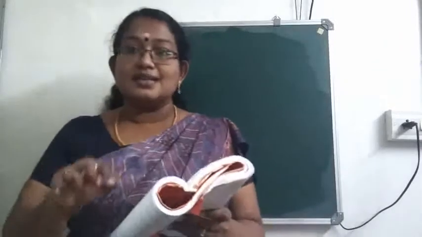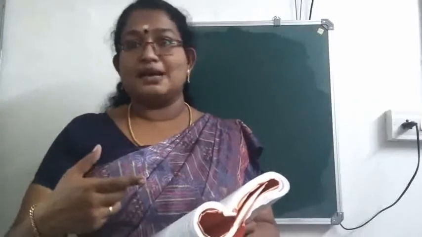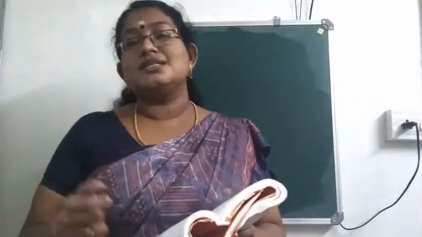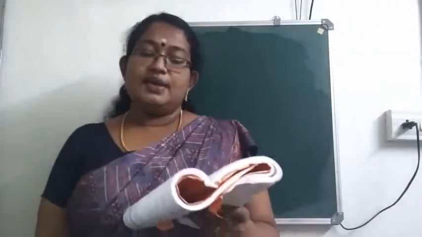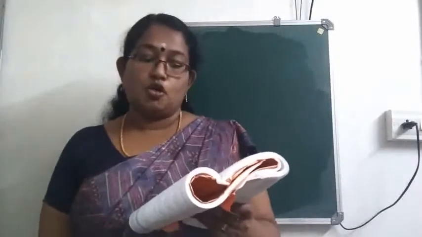If it is marked near the cell, then it will be EMF. Here a voltmeter is connected parallel to the cell, and from there we are measuring the potential. That means that is the terminal voltage. Okay, so terminal voltage is given as 4 volt. Current flowing through the circuit is given as 0.4 ampere. And we have two resistors of 20 ohm and R ohm connected in parallel. Okay, so this is our circuit.